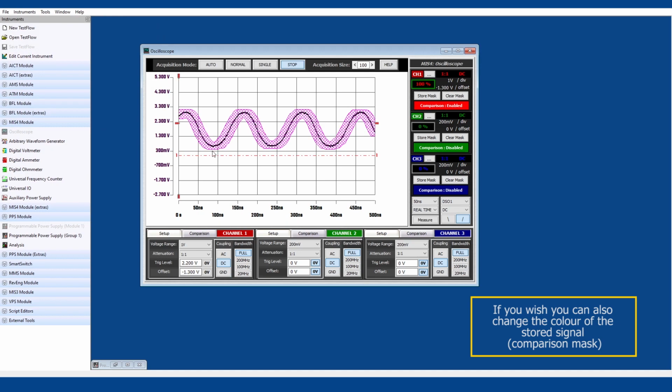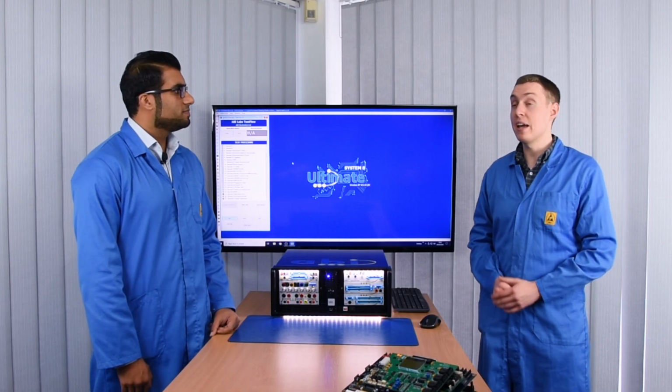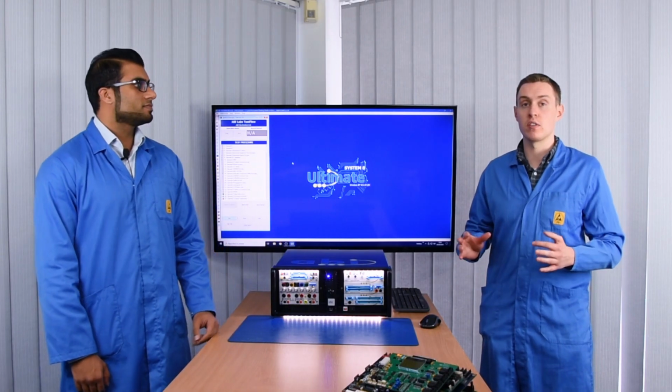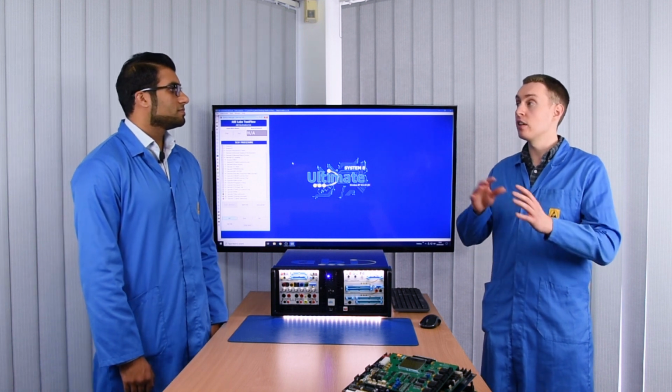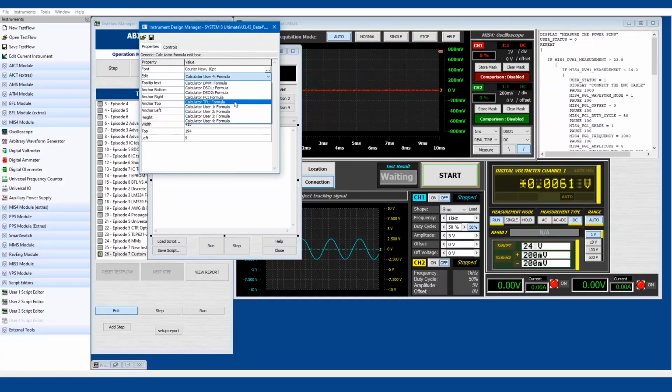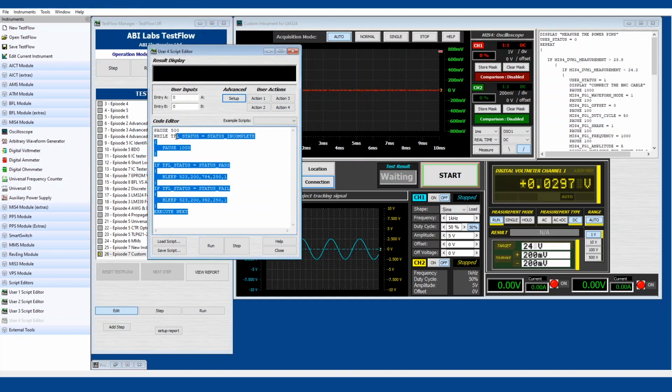So what would be the main advantage of this feature? The main advantage I can think of for customizing and editing instruments is that within your step you could create your virtual test rig. So all within the Boardmaster you can bring all these instruments together, and with scripting you can also automate the process along the way.